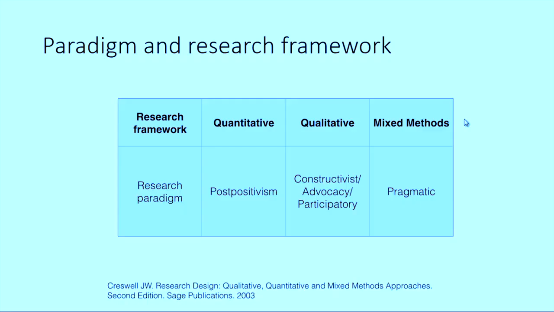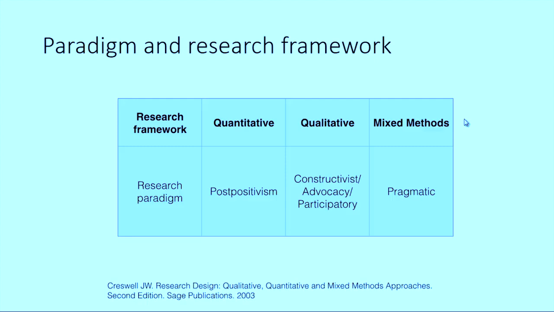The quantitative research method comes from the paradigm of positivism of the natural sciences, while the qualitative approach comes from the paradigm of social sciences, which sees reality as a constructive participatory process. And when we combine those methods, the research paradigm is that we try to be pragmatic and use both approaches